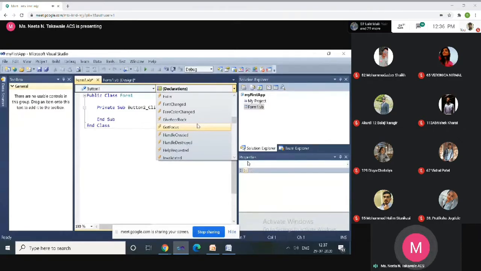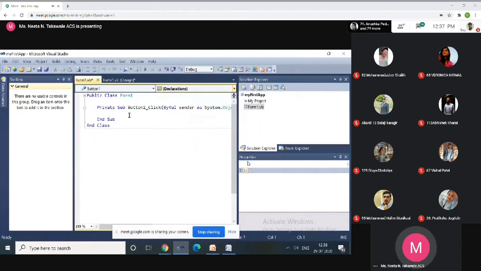For example, you want to design a .NET application to find the addition of two numbers, and you want to display that addition when the user clicks the button. Then you can use the Click event of that button. But suppose another user wants to display that addition when the user just drags the mouse over that button. In that case you can use the DragOver event.